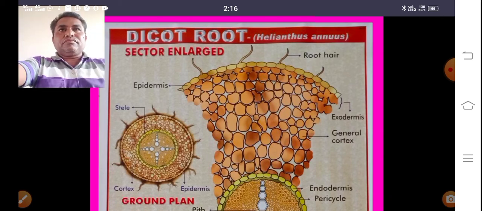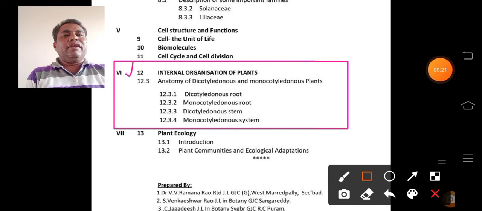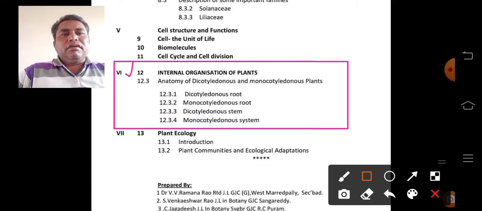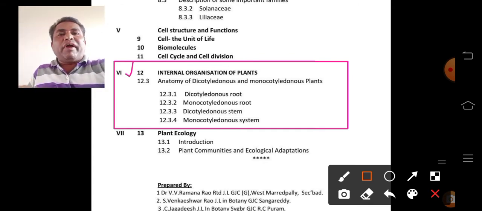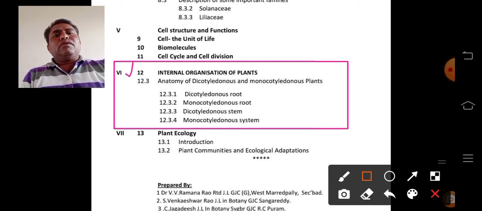Keep that in your mind. So today we are going to discuss the sixth unit, that is the 12th chapter, internal organization of plants, in which 12.3 is the anatomy of dicotyledonous and monocotyledonous plants. We have a total of